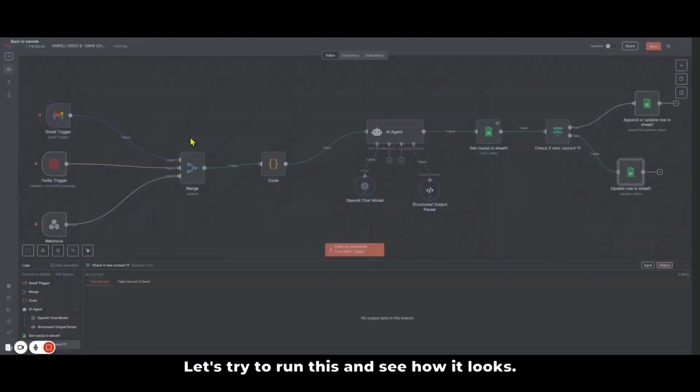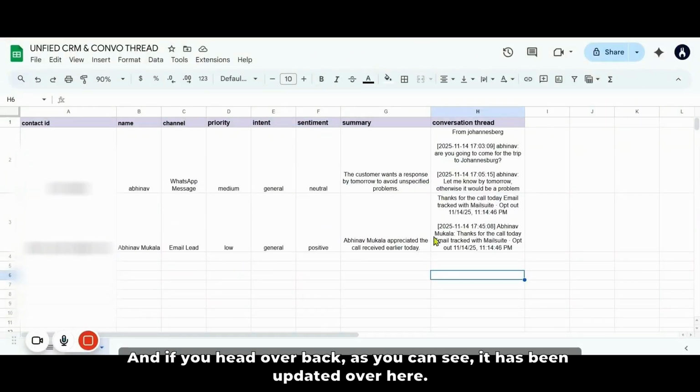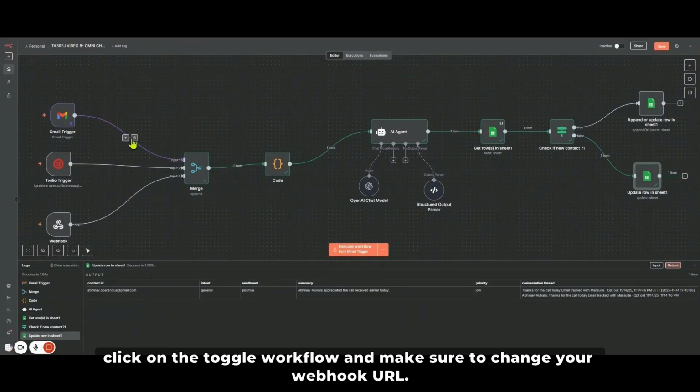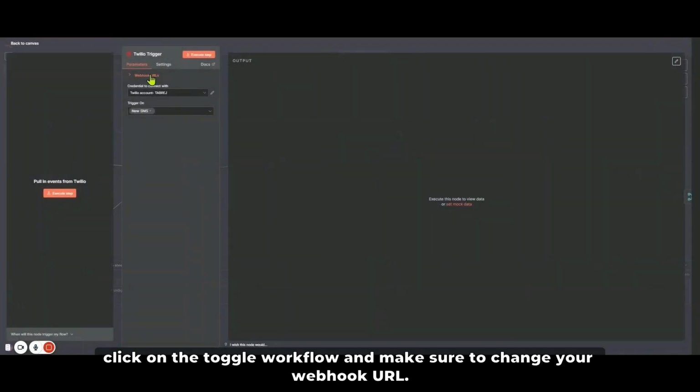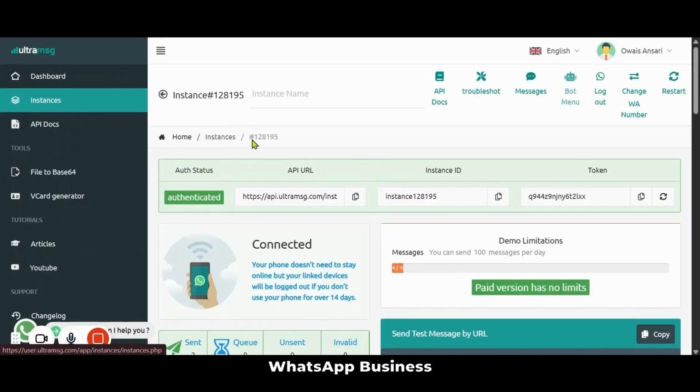Let's try to run this and see how it looks. Let's hit run. And if you head back, as you can see, it has been updated over here. That's how your automation is complete. And you can click on the toggle workflow and make sure to change your webhook URL, hit it on production, and make sure to go to your WhatsApp business app,